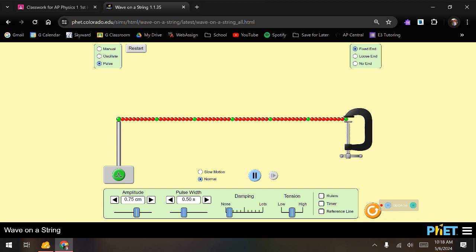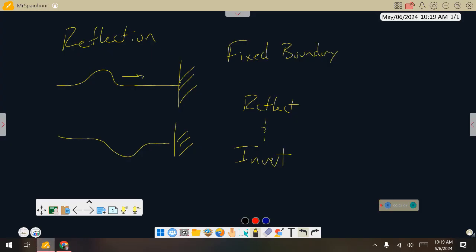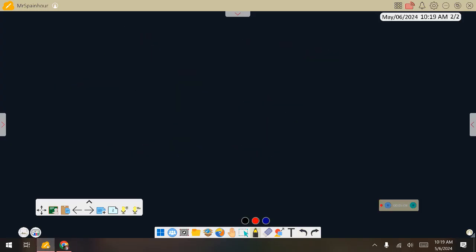So that means they're both fixed on both sides. Now, the other situation you can have is what is considered a free boundary. For demonstration purposes, what you usually see is a string with some loose end that is allowed to just freely move up and down. And because it is allowed to freely move up and down, or it is a free boundary, we do not